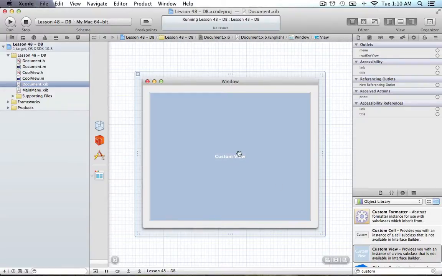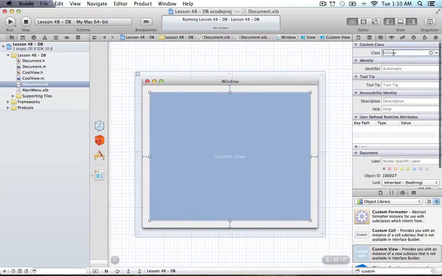And from here, we will now, what am I thinking of? My brain is blanking, we will change the class to be our CoolView. So we want obviously our view will now become CoolView, and we will print that out. All right, so now that we have that, what I'm going to do is simply